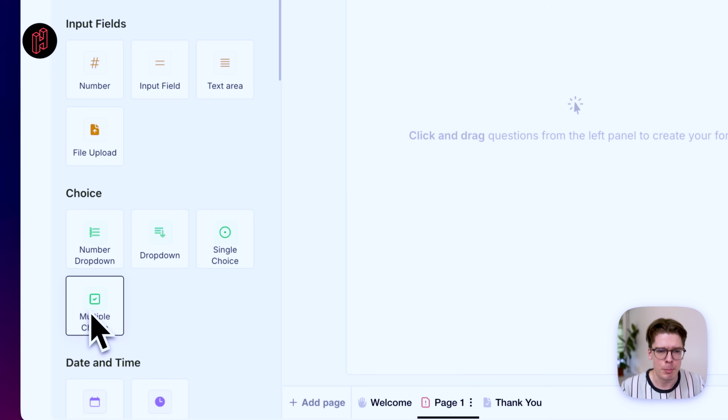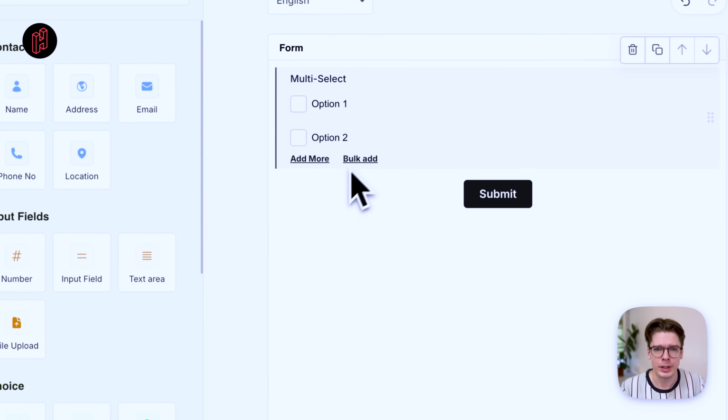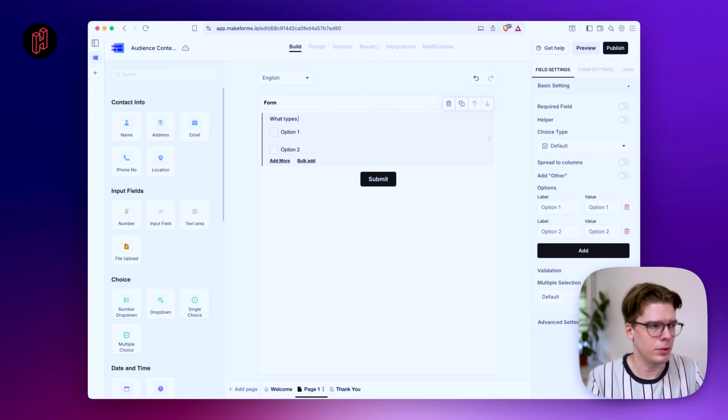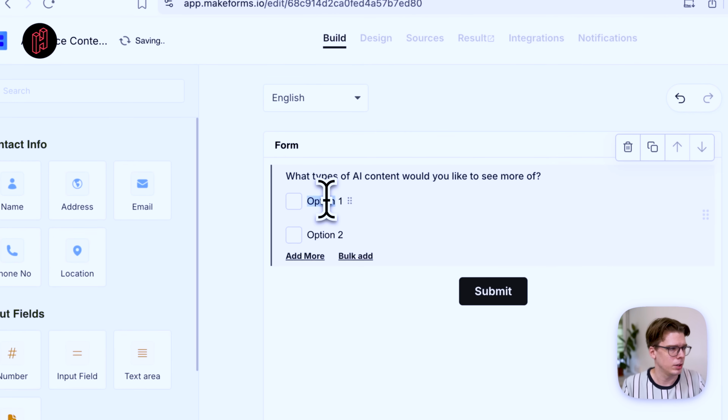So we drag in a multiple choice, and then we can ask something like, what types of AI content, like speaking or, and then we can simply add in the options. So let's say,